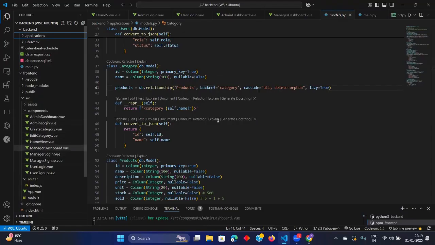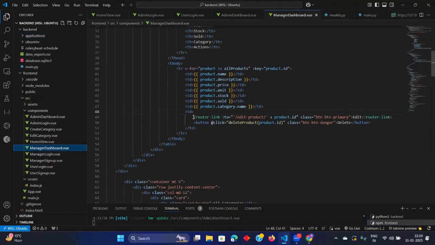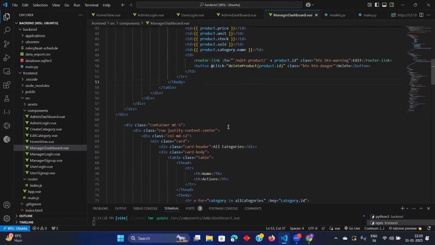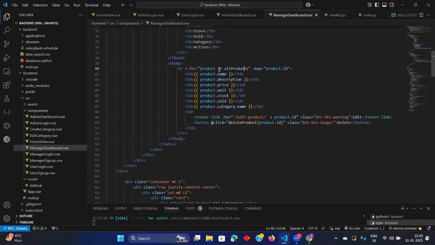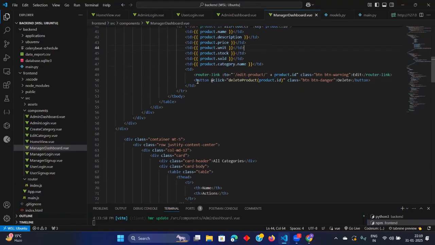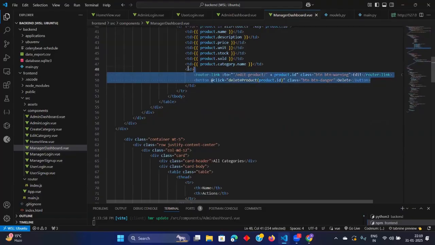So we were on the manager dashboard, it will work. Now this we will see later. We are not going to make it like this. Let me make it as warning. This thing we will see how we will edit. Now this thing is clear. Why for product in all products, key product ID, because of this looping thing. Now on this button, on click delete product ID, class button danger, the same thing we have done in the